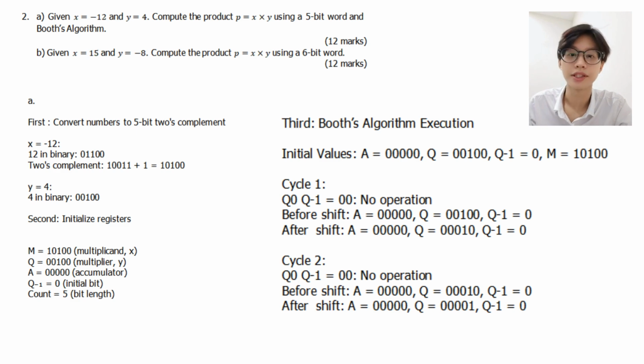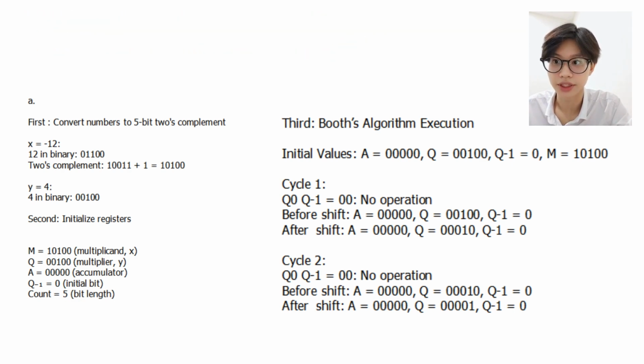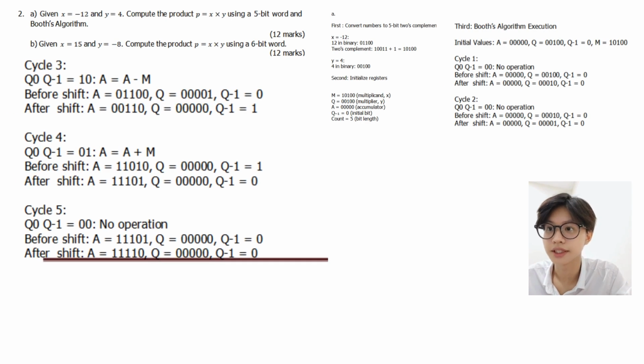Let us perform the first cycle. In the first cycle, there's no operation. And then in the second cycle, there's no operation either. For the third cycle, we do A equals A minus M. Then for the fourth cycle, we do A equals A plus M. And for the last cycle, there's no operation needed, and the after-shift value for A is